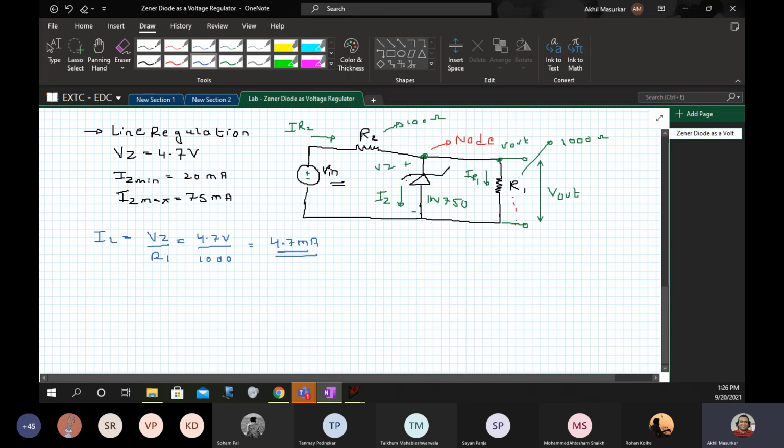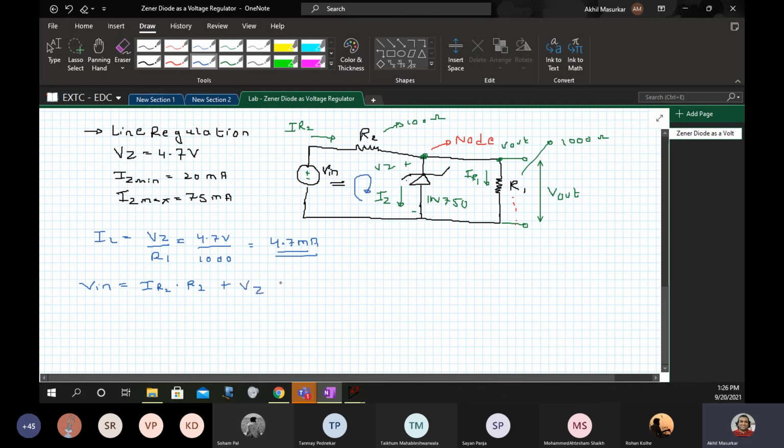If you apply KVL, you can also observe Vin is equal to the voltage drop across R2, that is IR2 into R2, plus Vz. I am applying KVL to this loop.